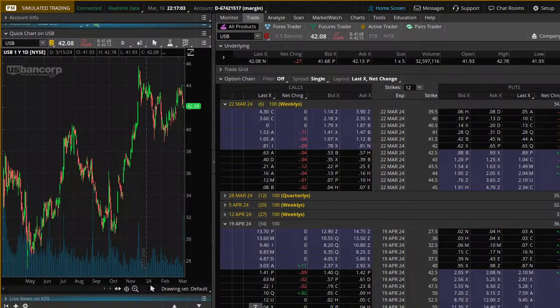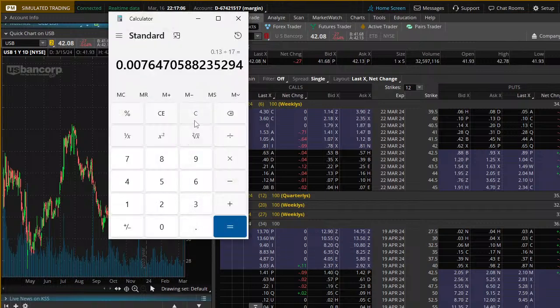So I'll take out my calculator, clear this. Take my 78 cents, and subtract that 13 cents that I'm losing right off the top. This means my profit is going to be 65 cents. I know that doesn't sound like a lot of money, but my purchase price is only 42 bucks. Divide that by 42, and that equals 1.54%. I like 1.54. You multiply by 52 because that's 52 weeks in the year. That's 80% per year.